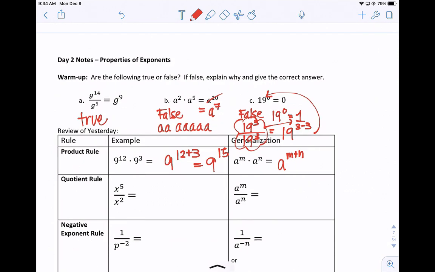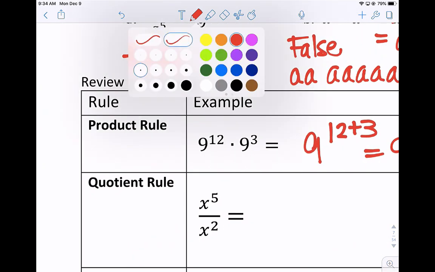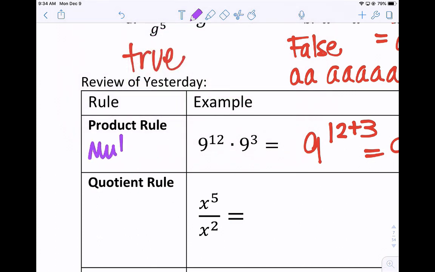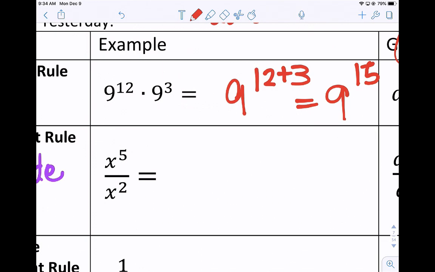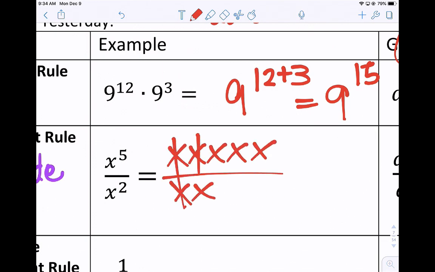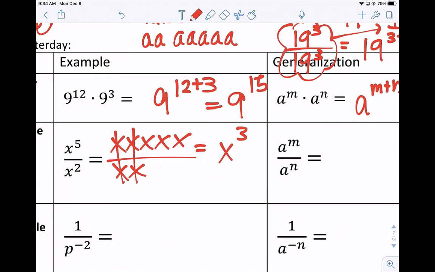Okay, the quotient rule. Quotient means divide. I should write these down. So product means multiply. Quotient means divide. And if you have x to the 5th over x squared, you can think about canceling the x's to create 1's. So 5 x's on top, 2 on bottom. If you cancel the 1's, we have x to the 3rd power. To get that, it's the same as subtracting the exponents. So if you have the same base and they're being divided, you can subtract the top, the numerator exponent, minus